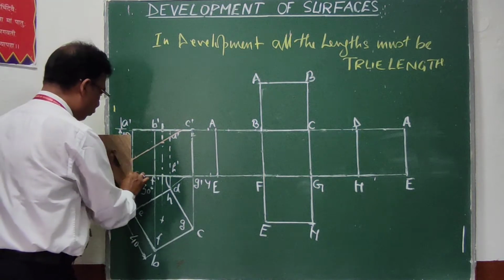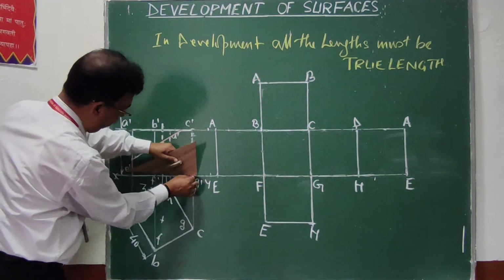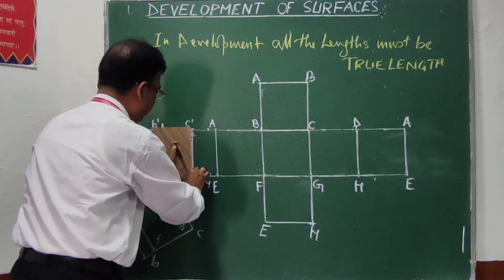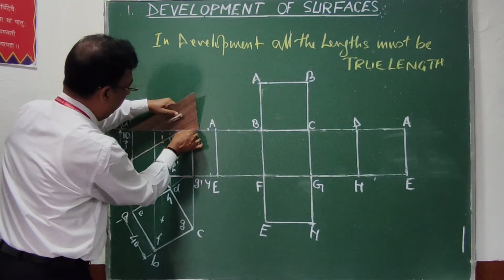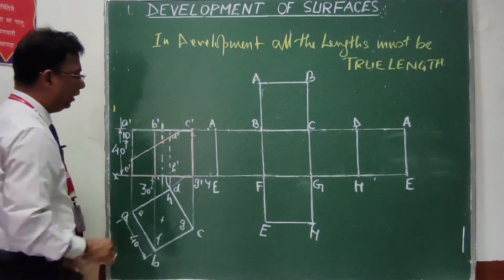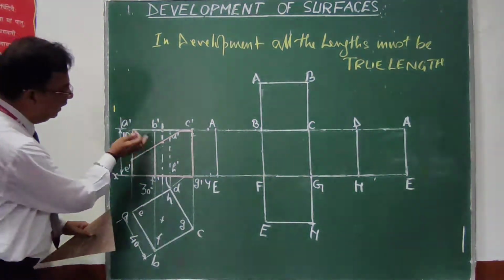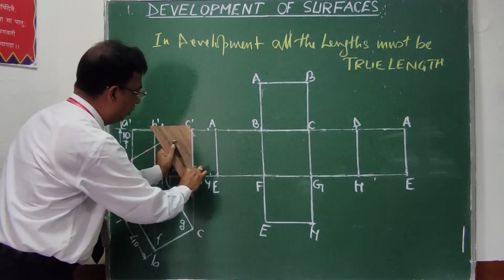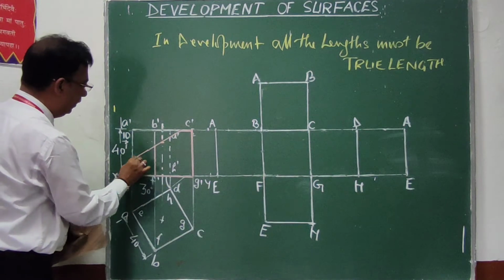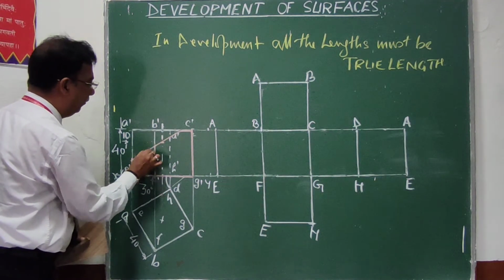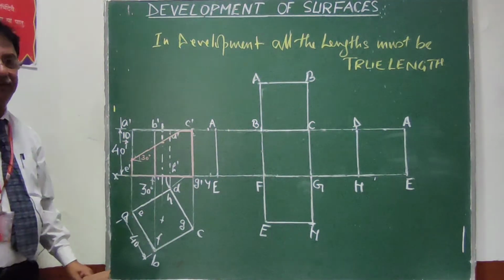and I am going to darken the lower part of the solid. So the problem will be like this. I have to draw the development of this lower part of the solid, not the upper part. This part will be actually removed after the intersection. So I have cut this solid by 30-degree inclination to the HP and 10 millimeter below on the axis.